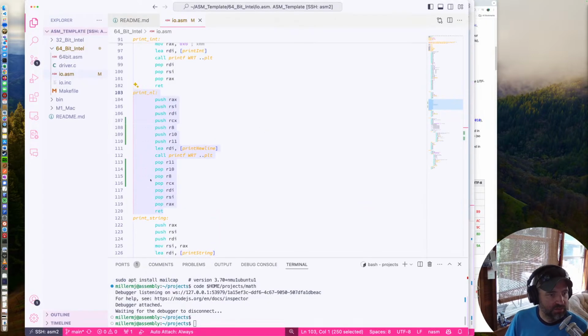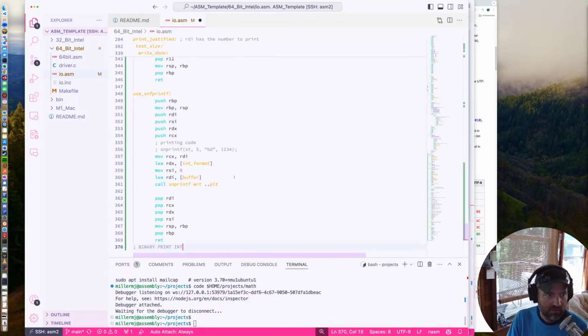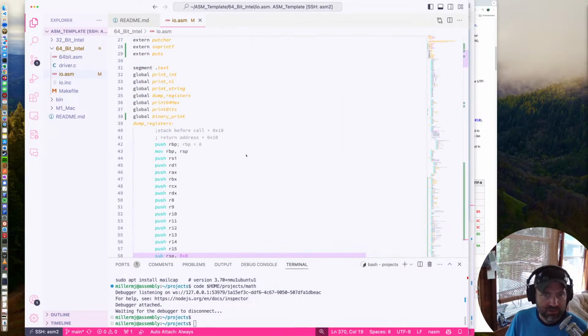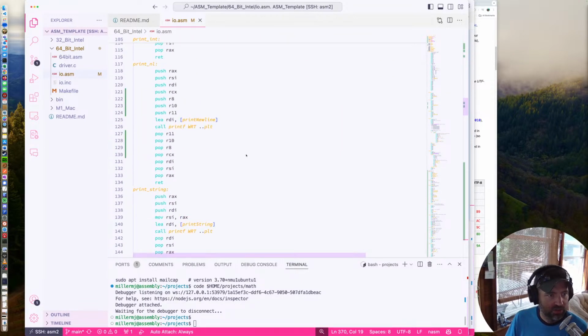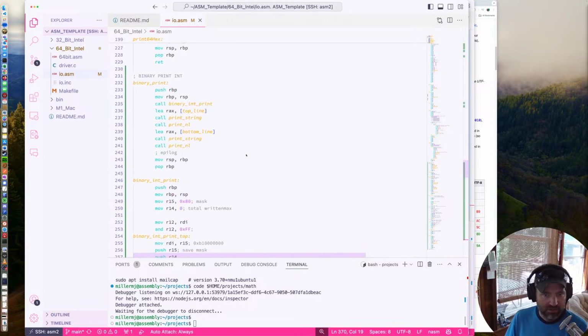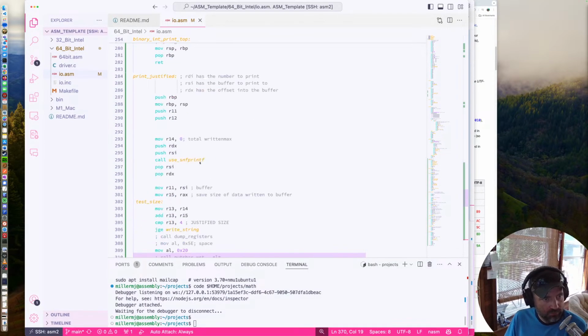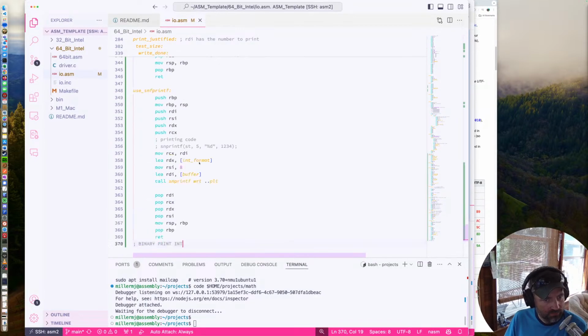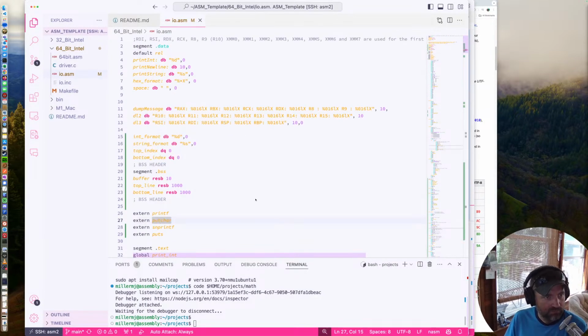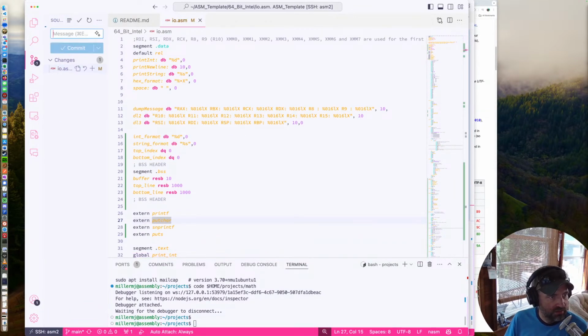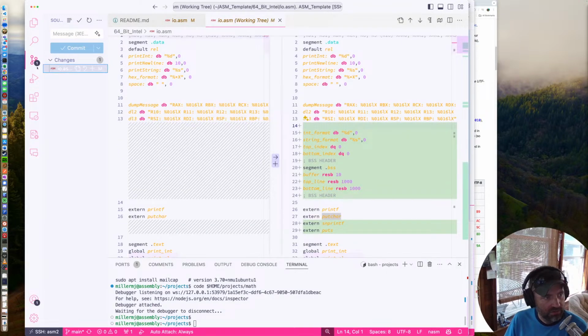Alright, so this should be our new one. So I should have some changes here. Print new line. And then this giant function we added. So now our changes are